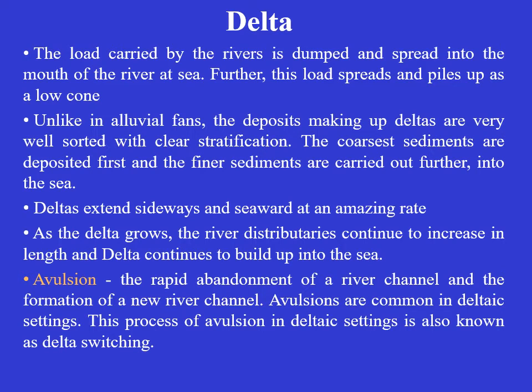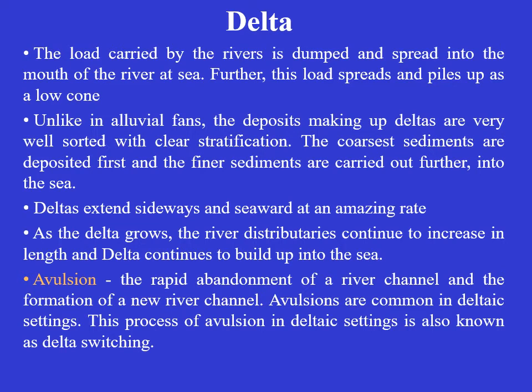Without a high supply of sediment into large permanent water bodies, a delta cannot form. So the essential condition for the formation of a delta is a high supply of sediment, so that the rate of sediment deposition in those areas